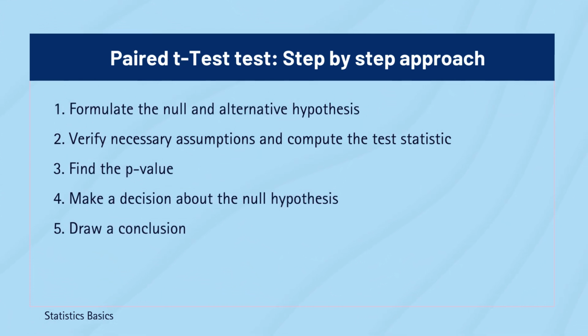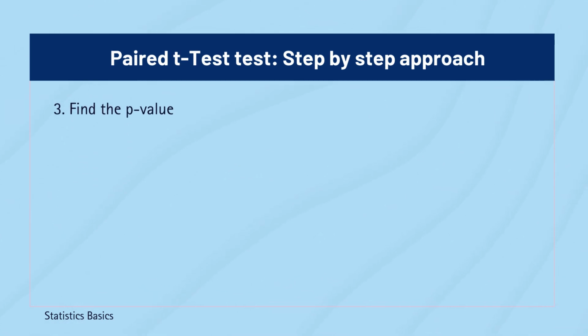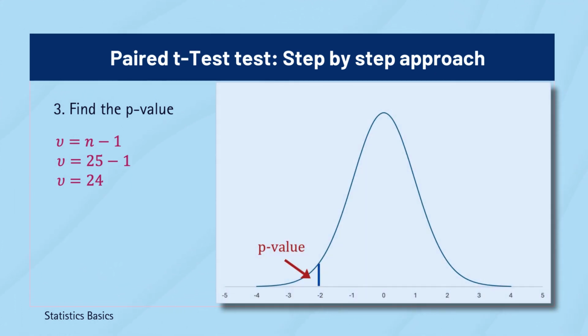For a paired samples t-test, the t-statistic follows a t-distribution with n-1 degrees of freedom, that is 25-1 is equal to 24, and the p-value lies on the left tail of the t-distribution because the alternative hypothesis is left-tailed. In the t-distribution plot, the area under the curve, on the left side of the t-value of -18.65 represents the